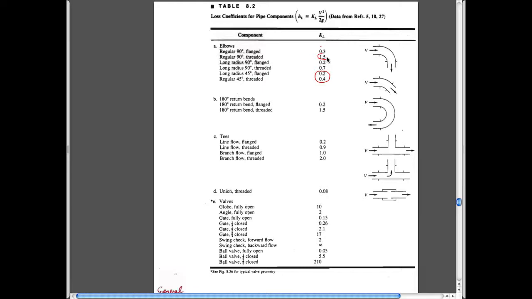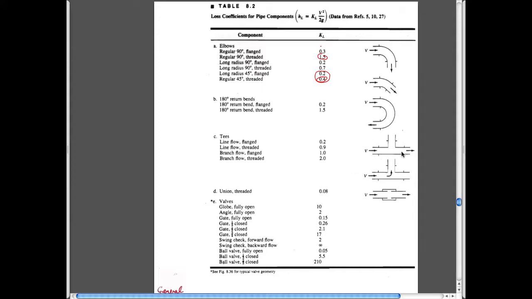Certainly this one, threaded. So if it's 45 degrees and threaded, it's 0.4. If it's 90 degrees and threaded, it's 1.5. You kind of expect that. You're just much more drastically changing the velocity in this pipe than you are in this one. If it's 180 degrees and you turn on itself,